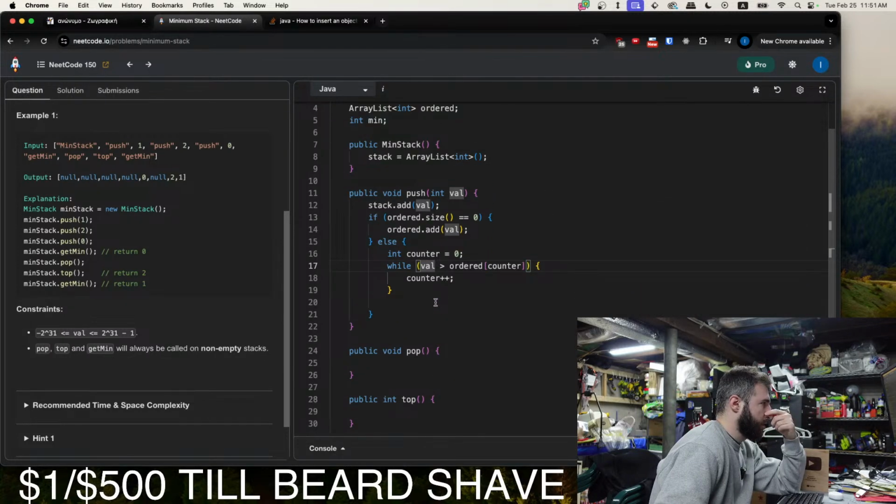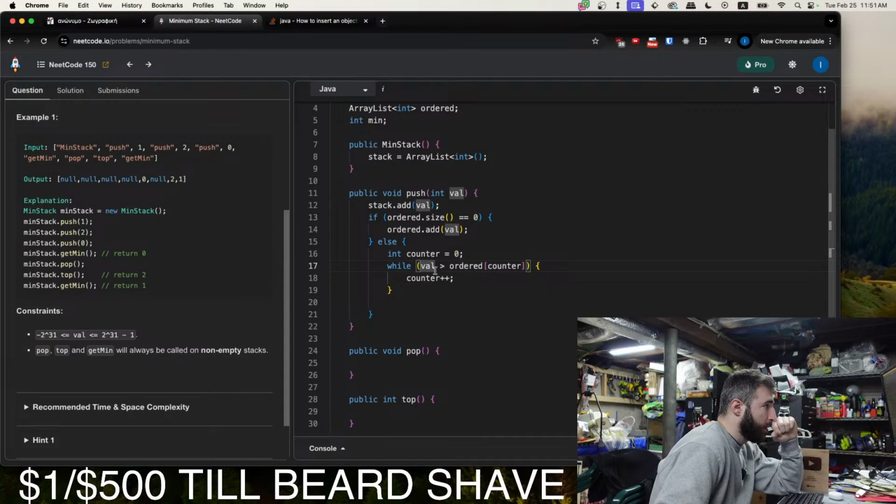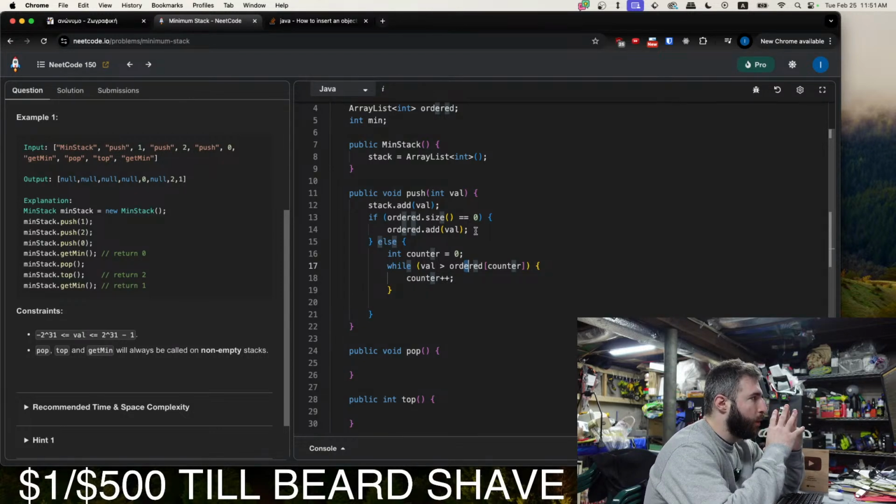Yeah, because this is O of n. This isn't correct. It needs to be O of 1 time. When we push something to the array, this will go through, if it has to. In the worst case, it'll go through all elements in the ordered array, which is n, O of n. Is there a way?